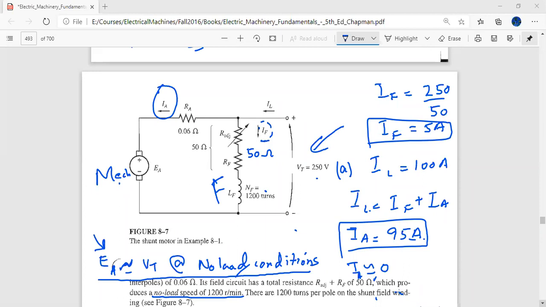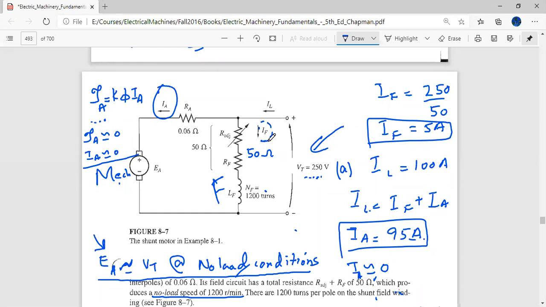Another way to understand this is, we already know the relationship that the torque of the armature is equal to K times phi times the current in the armature. At no load conditions, you want the torque to be close to zero, and that is only possible if IA is close to zero, because the flux circuit is independent. The field circuit depends on the terminal voltage, which is constant, and the field resistance, which is also constant. So you have no control over IF. IF will be there at no load conditions.